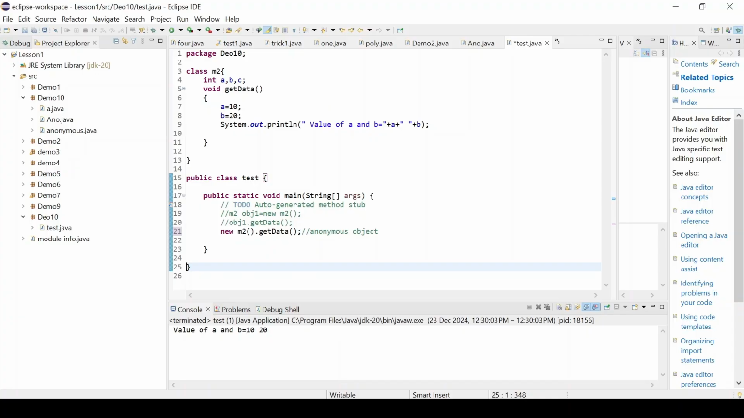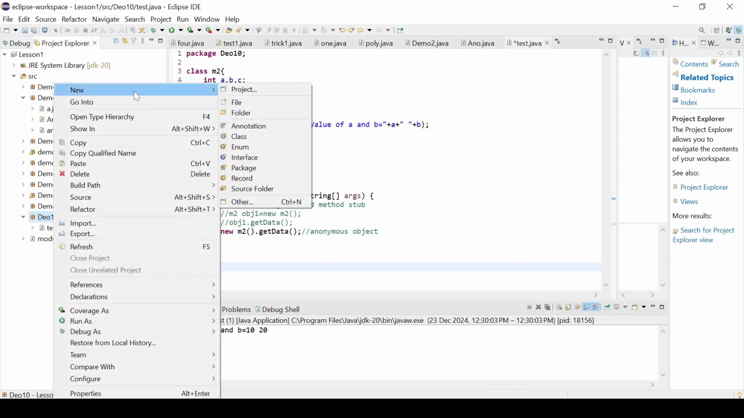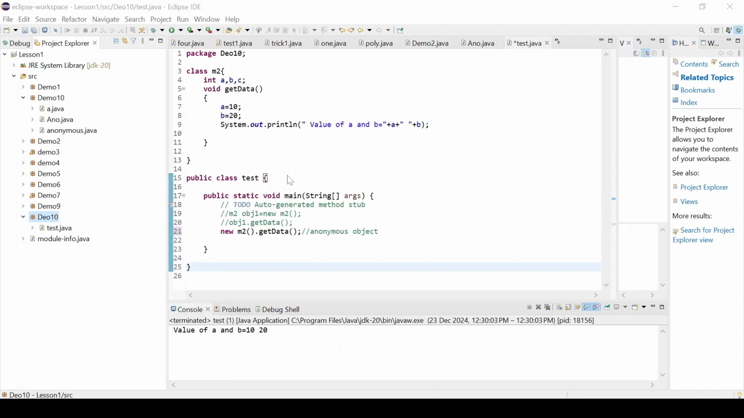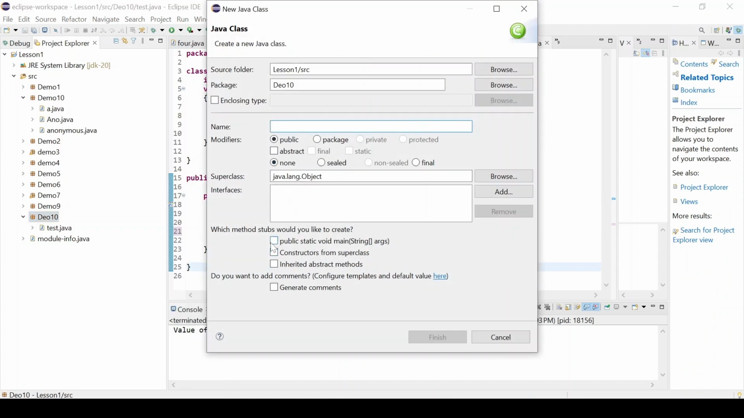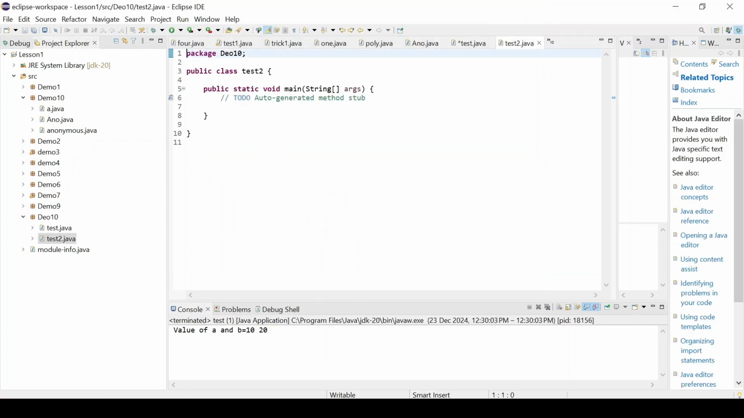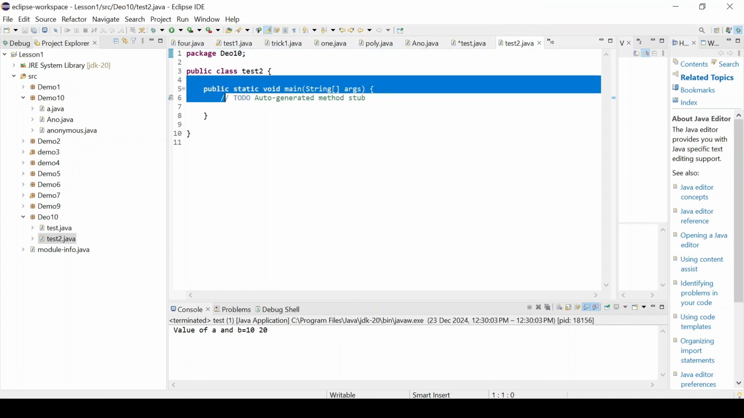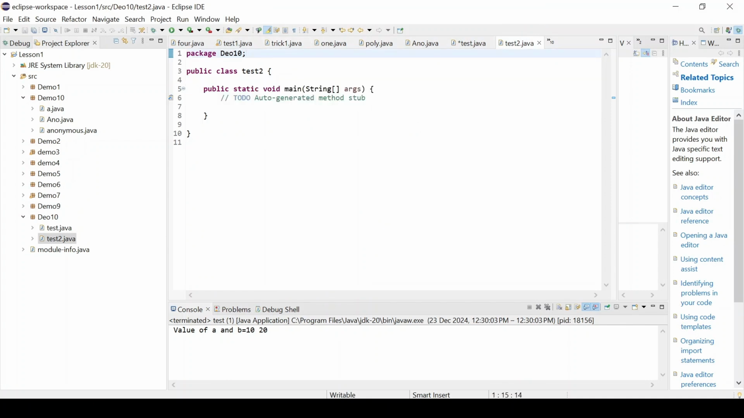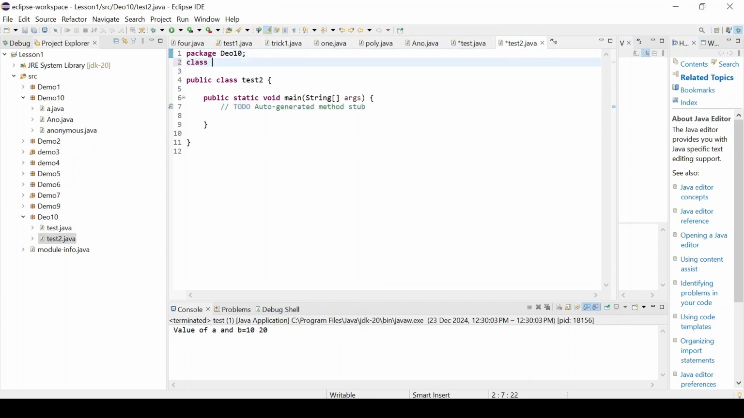Next, we are going to see a second example of an anonymous object, in which we are going to use constructors. So here in this package, this is our class. It's our main class. We are naming it as test2, so this is our test2 class, which is the main class, and here class student,